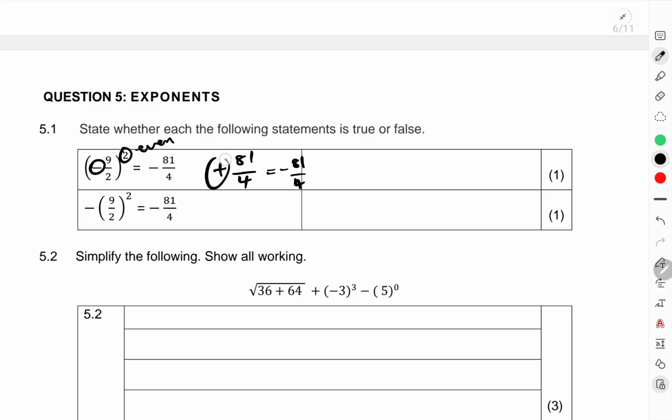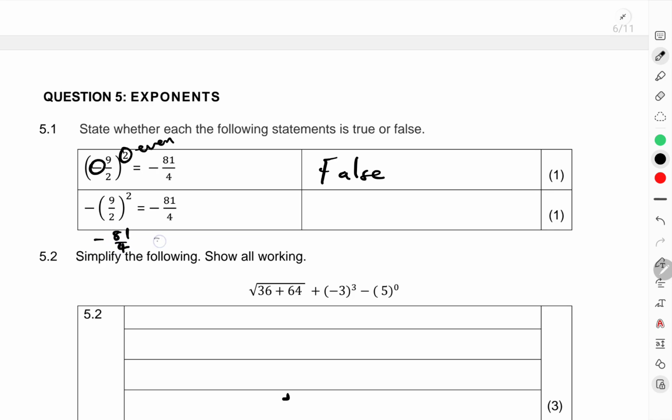Are these the same? Here is positive, there it's negative. Are they the same? No. Therefore the answer for this one will become false, right? Then here obviously, there's no sign on this number, meaning for this part I'm going to have negative 81